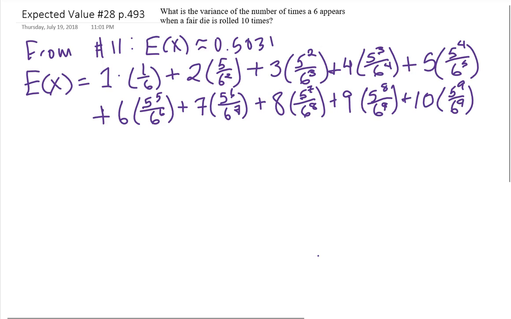Now the expected value in the variance is used, but we also need the expected value of x squared, which means you would square each of the values before multiplying by the probabilities and then doing your sum, which I did using the list functions on my TI-84, which was still fairly tedious. And so I got